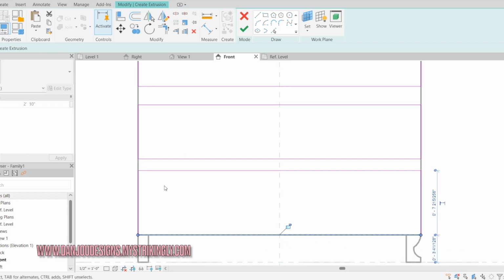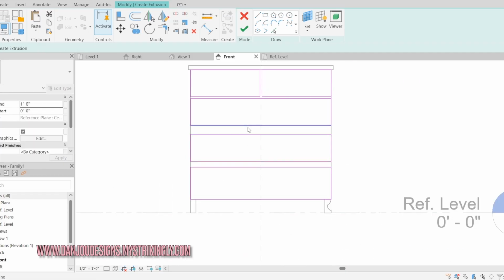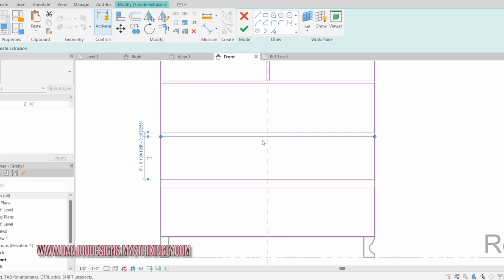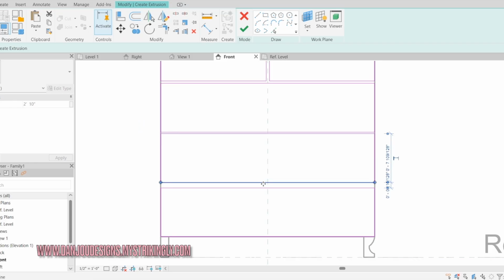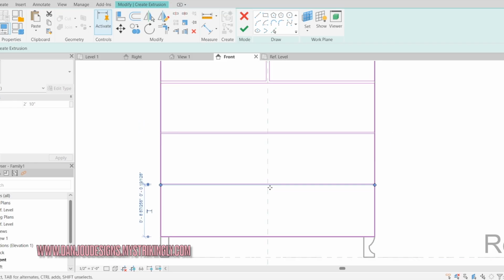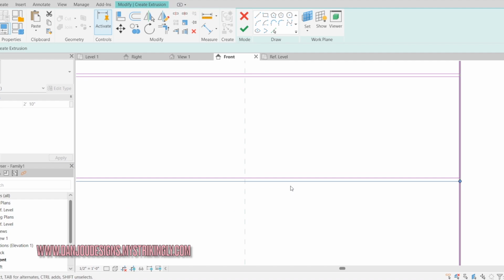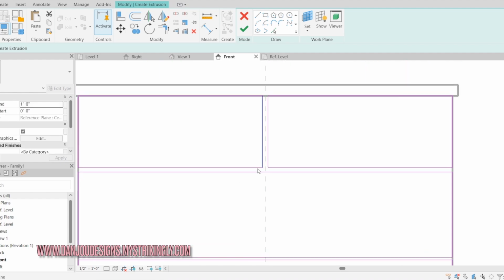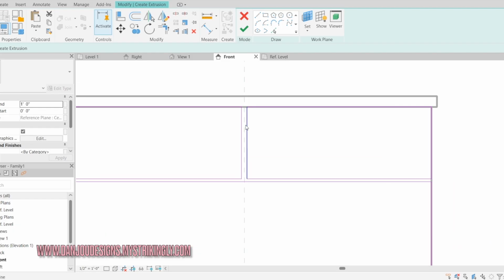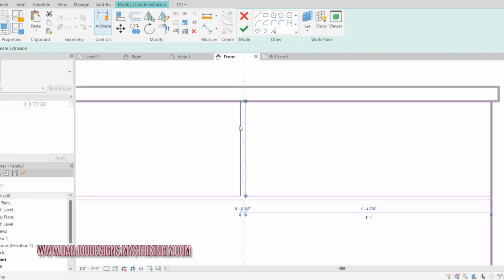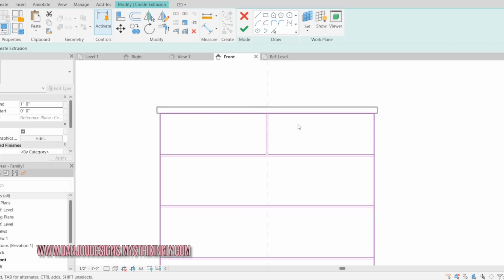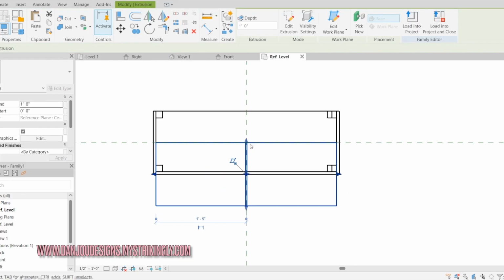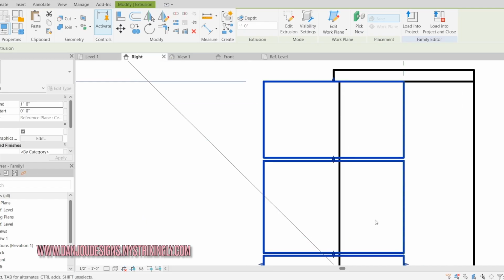And now what I'm going to do is basically even these out. So like this line here, I'm just going to bring it down. This one here, bring it up, down, up. So just want to even it out. If you're modeling after a specific dresser, obviously you want to have those measurements handy. And then I'm going to bring these two lines a little bit closer together as well, like so. So I'm going to check mark reference level, or you can go to the right view and just adjust